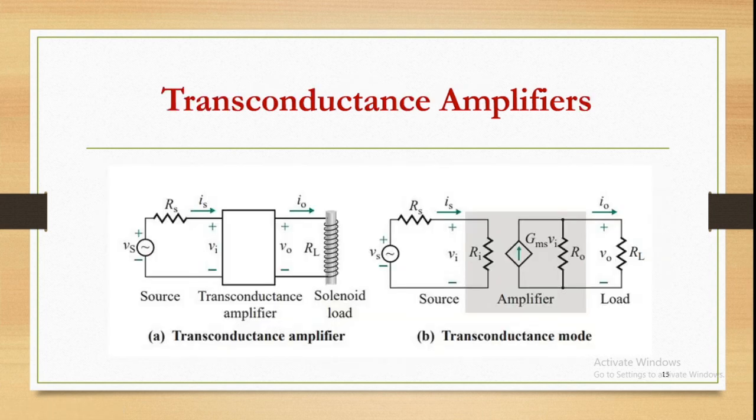Similarly, if we need to have voltage as input source and current source as the output, we can have a transconductance amplifier. So you can see here the voltage source from the voltage amplifier, RS is the source resistance like the voltage amplifier's input, and this will be like the current amplifier's output. Only change is there where the output socket contains the amplifier's equivalent diagram containing GMS. There is a transconductance, short circuited transconductance.